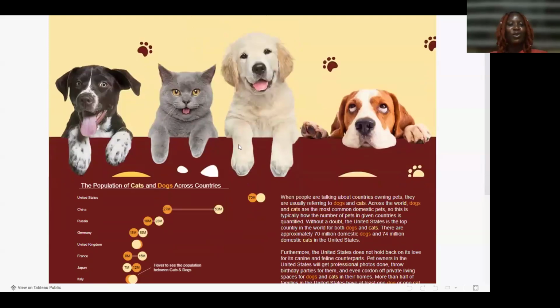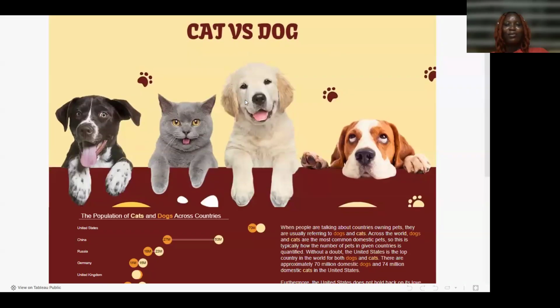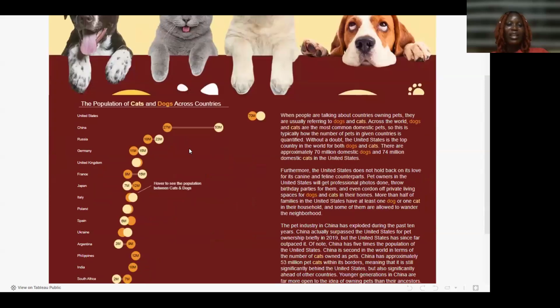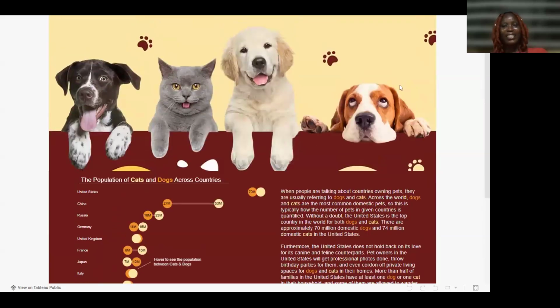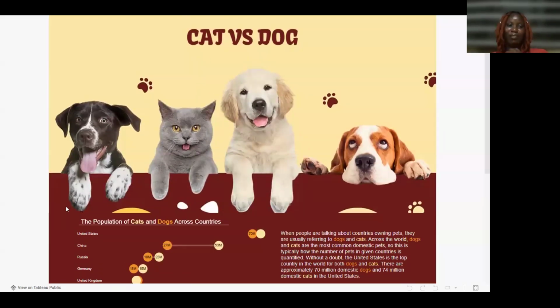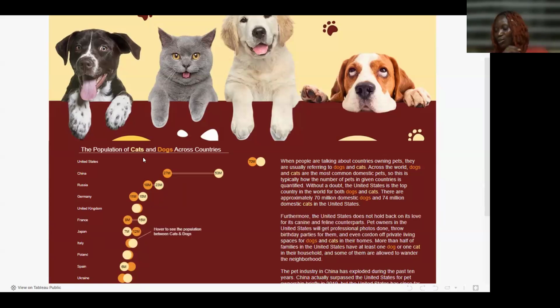So the population of cats and dogs across countries. I just decided to put in the colors for cats and dogs. I made the cat little cream-like and the dogs more brown-like. How did I get inspiration from the colors I have here in the background? The image ended somewhere around here, their footprints. That was where it ended. So I saw the cream and the burgundy, I would say, and I said, okay, let's go with colors that will pop up, and I chose the cream and the orange.